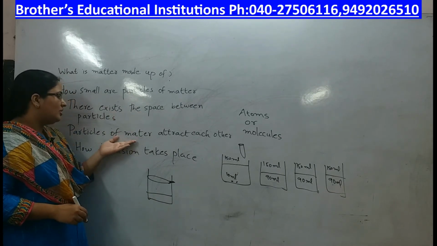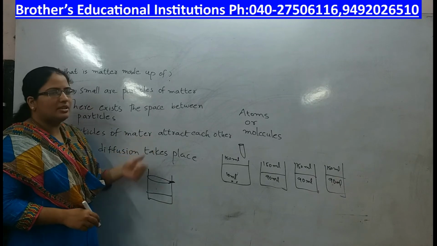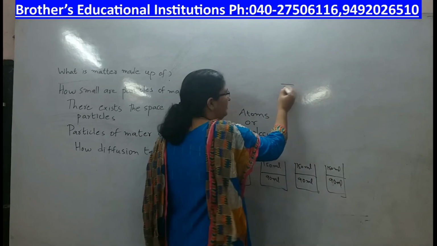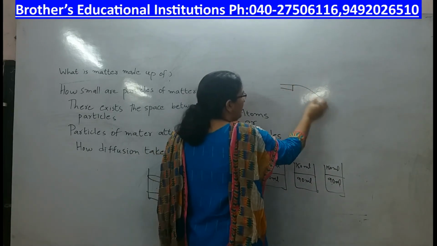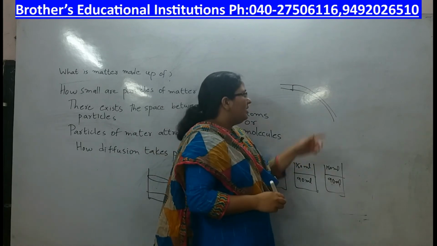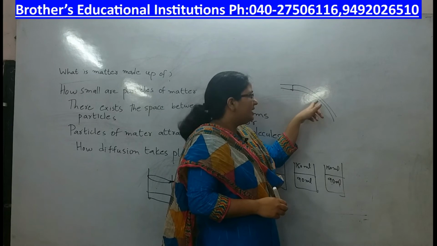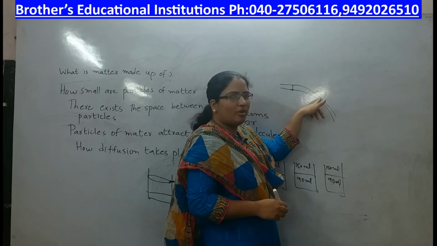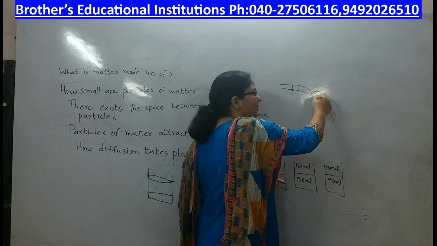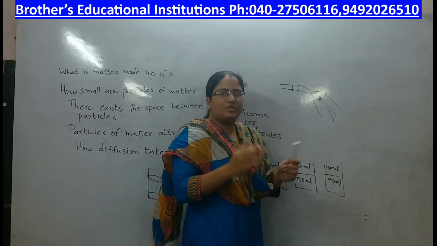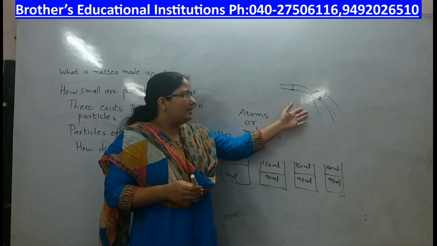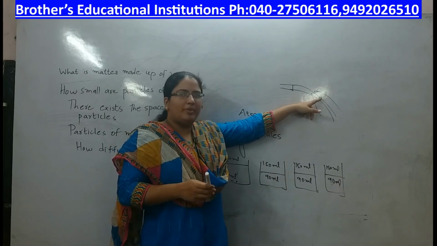Let us come to the fourth topic. Particles of matter attract each other. What is this? Let us open a tap. Let us say water is coming out of the pipe. Now, can you break the flow of water? Let us say you keep your hand and try to break the flow of water. What will happen? The water will flow from the sides when you keep your finger here. This shows that there is strong attraction between particles of water, which doesn't allow the flow to break.